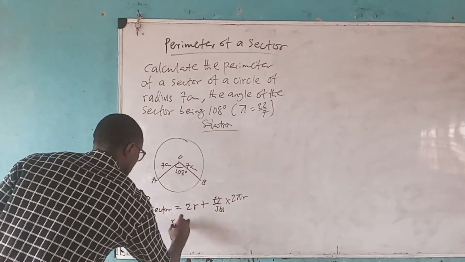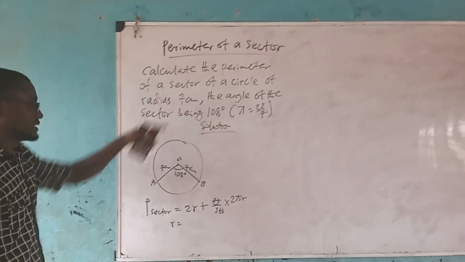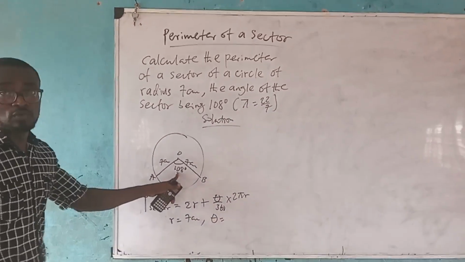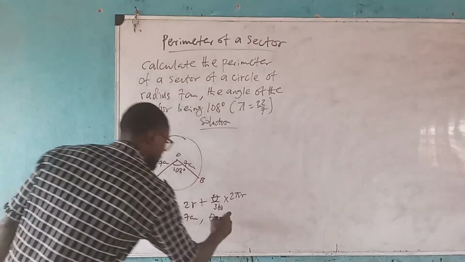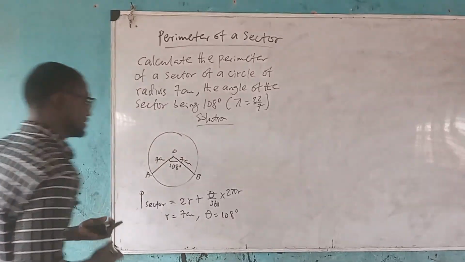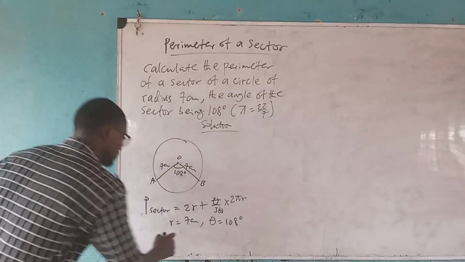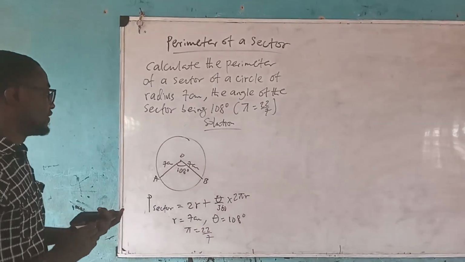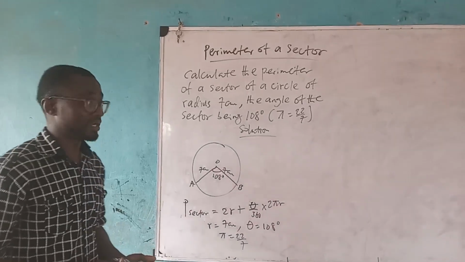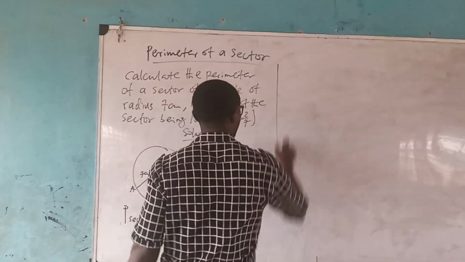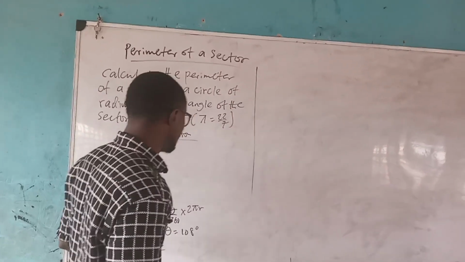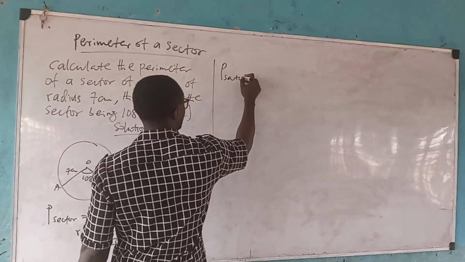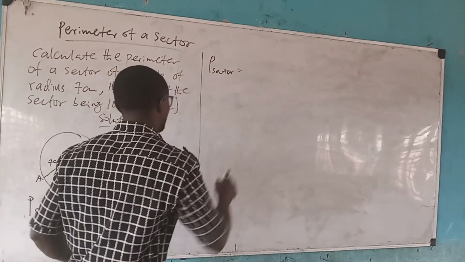So for our question, let's write out our parameters. We are told that our radius is 7 centimeters. Then our theta, which is the angle located at the center of the circle, is 108 degrees, and we are taking our pi as 22 over 7. So what are we looking for now? The perimeter of the sector. So we can go ahead and use our parameters in this very formula, having our P, which is the perimeter of the sector, be equal to